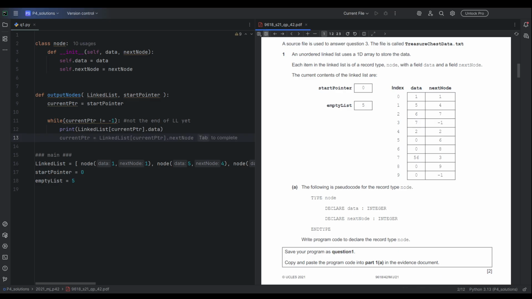If I'm at index 0, I'll just read the value of next node and assign it to the current one, because now 1 will be my current pointer. Then after 1, 4 will be my current pointer. So this is what we're going to do. We'll say current pointer becomes equal to linked list, whatever the current pointer was pointing to lastly, and its next